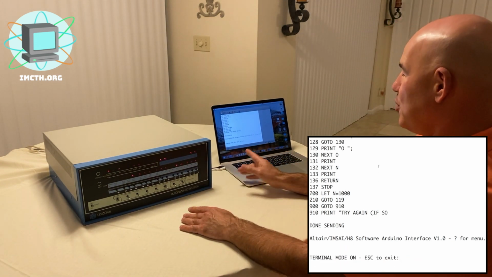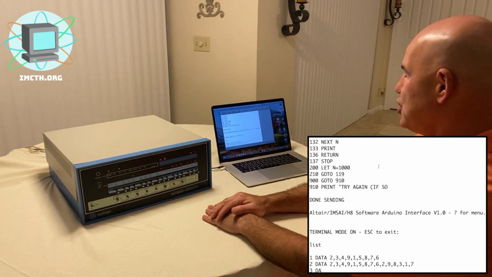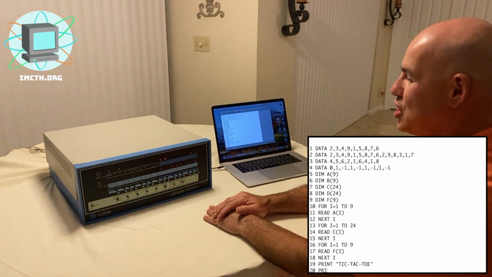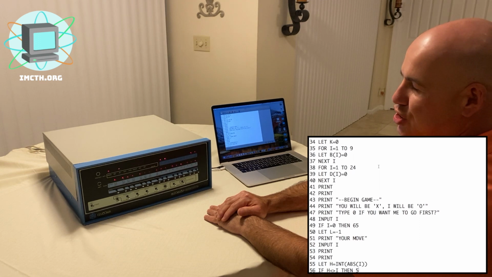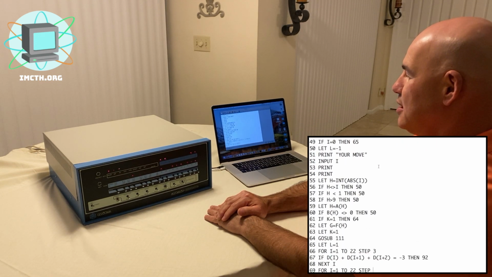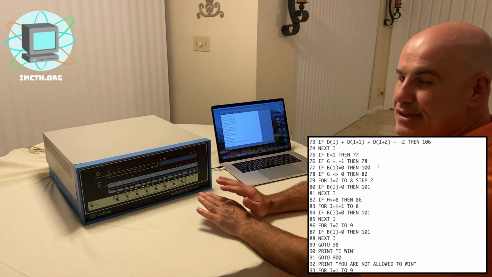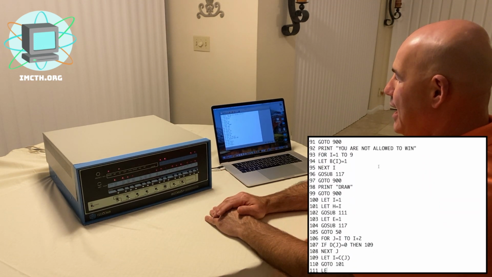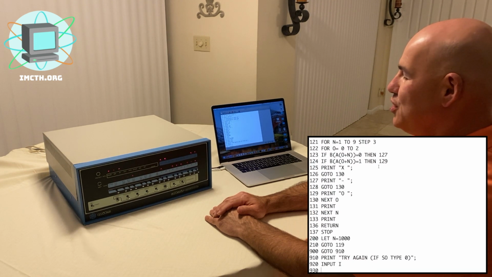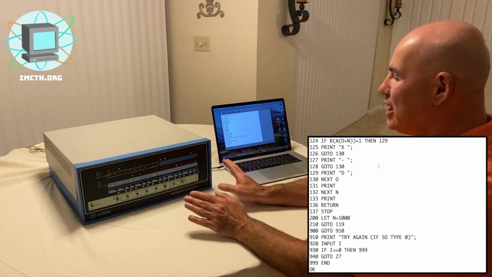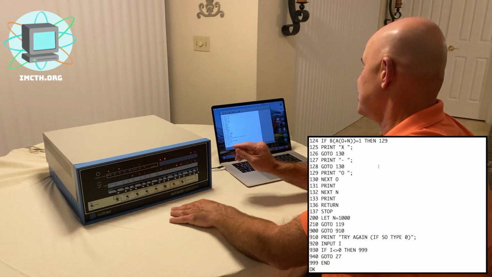So I'm going to go back into terminal mode right now, and if I type list, it's going to show me the program that we just uploaded. And you can see some of the lights running here on the machine as it's showing us the program that was uploaded. I'm going to run the program as is, just so that you can see it run. This is a quick program of tic-tac-toe. Then I'm going to show you two really cool functions, and then we'll also do an examine next function. So I'm going to type run,